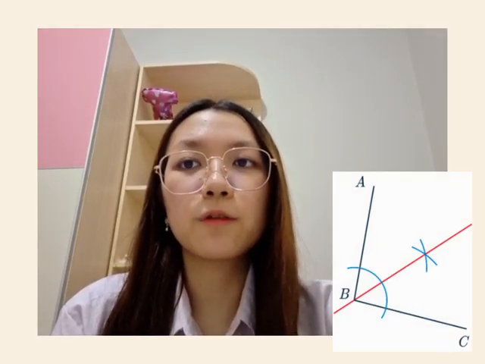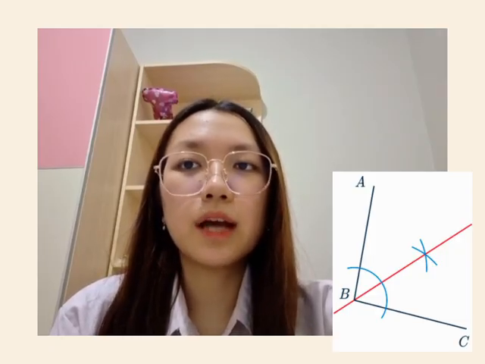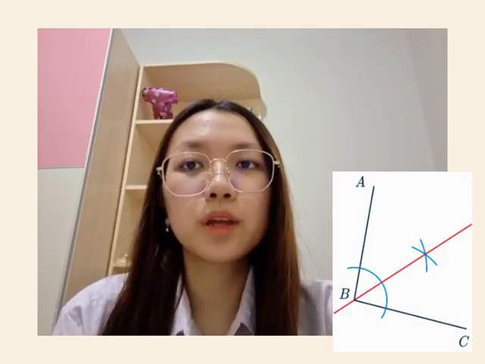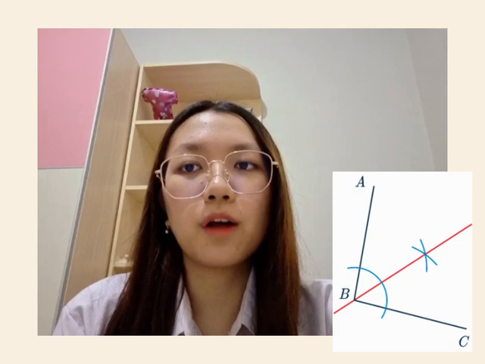The fourth construction is an angle bisector. This allows us to split a given angle perfectly in half. Example, construct a line equidistant from line AB and BC. In the diagram, we have been given two lines, which is the black one, and an angle between them. To bisect it, we do the following.